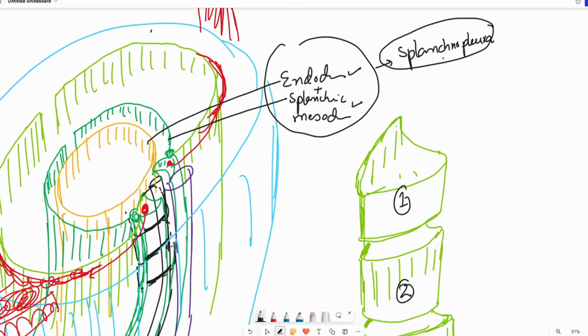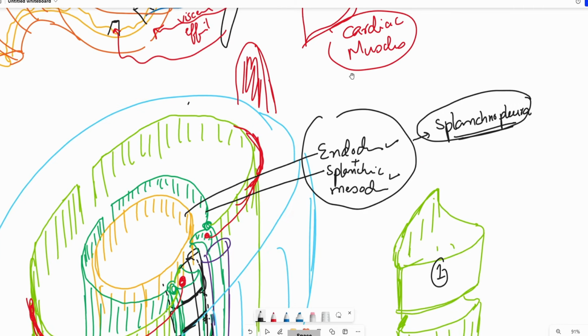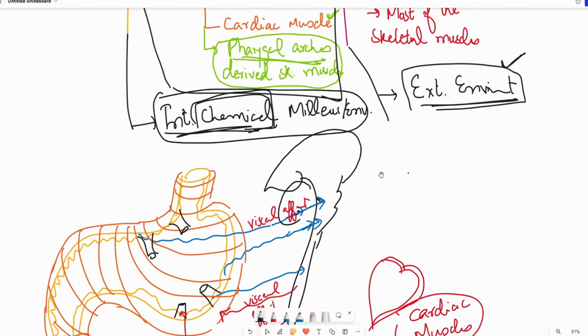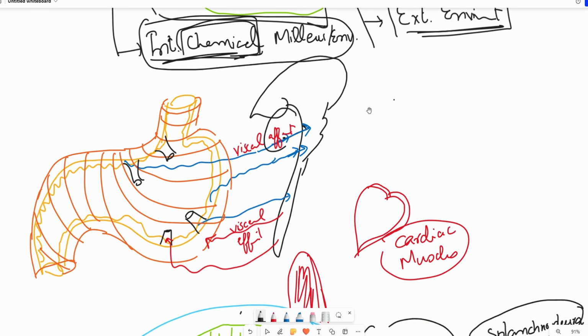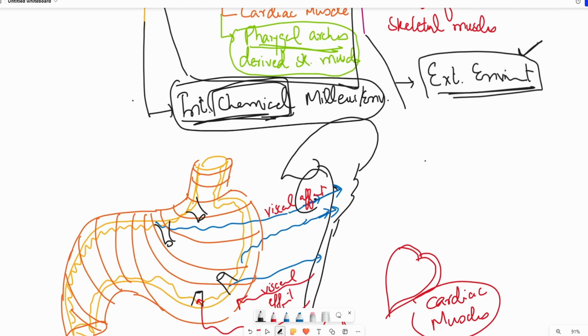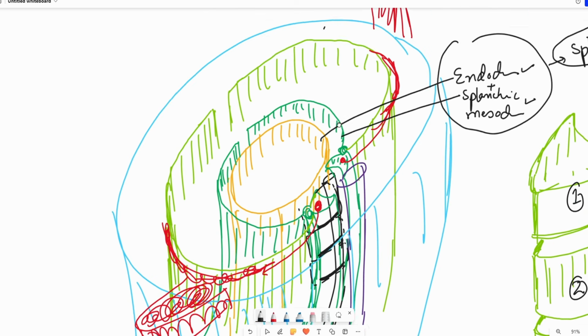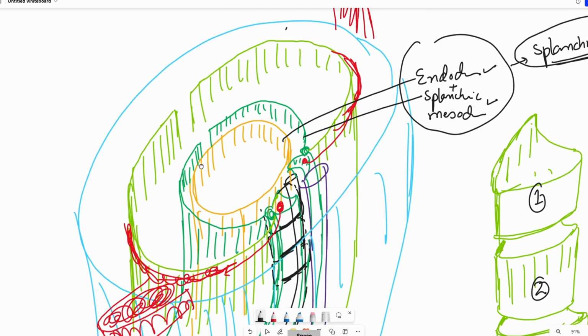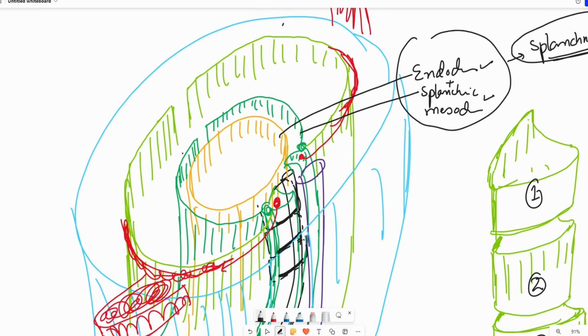So because viscera originate from the splanchnopleura, it is said that the target tissues of visceral nerve fibers originate from splanchnopleura. So they are splanchnopleuric in origin. Also note that between these two, the somatopleuric mesoderm and splanchnopleuric mesoderm, between them is